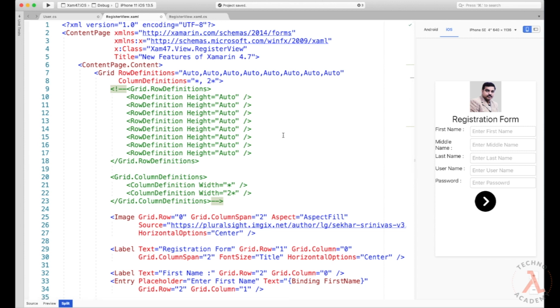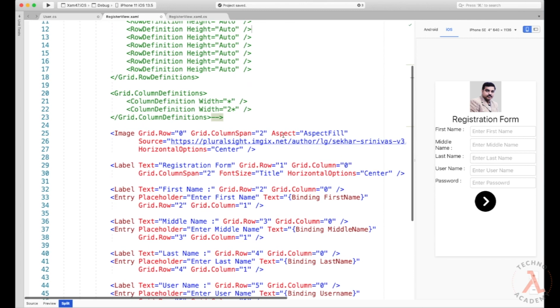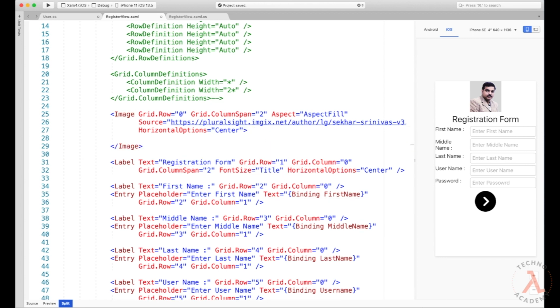Next, we have been introduced with the concept of geometries. For example, I have an image in the first row which is displayed in square. But assume that my requirement is to display in a circle. Then in the earlier versions, mostly we used to use some custom plugins like image circle, right? Now we can achieve the same using just 2 lines of code with the support of shapes. So let us observe how to do that.